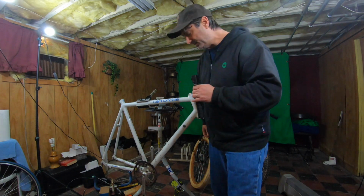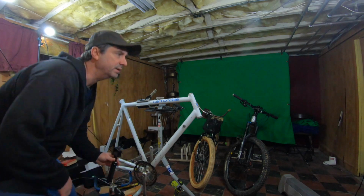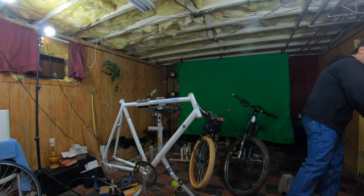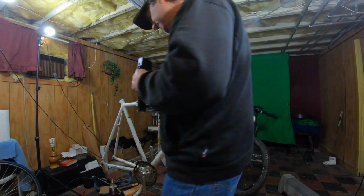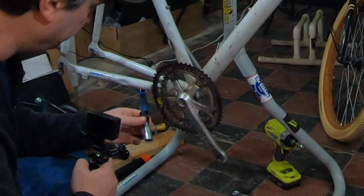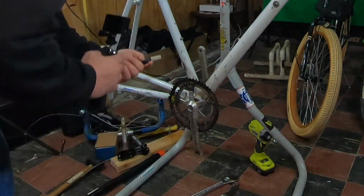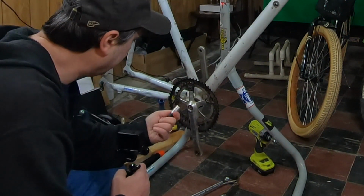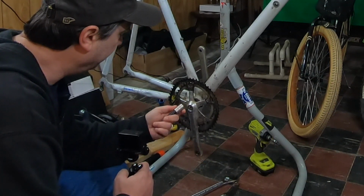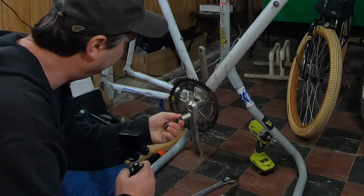A standard socket that I have would not fit in this opening. It takes a 15 millimeter socket, and it seems like all the standard stuff these days is 14 millimeter. When I tried to put a 15 millimeter socket in there, it just wouldn't fit, so I couldn't even get that bolt loose. So I ordered a tool that has a 15 mil on one side and a 14 mil on the other, and thankfully it's got the same width on the exterior. So when I flip it to the 15 mil,